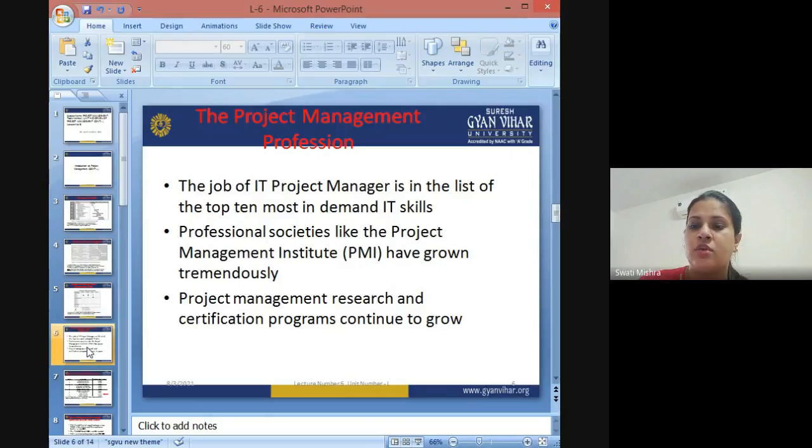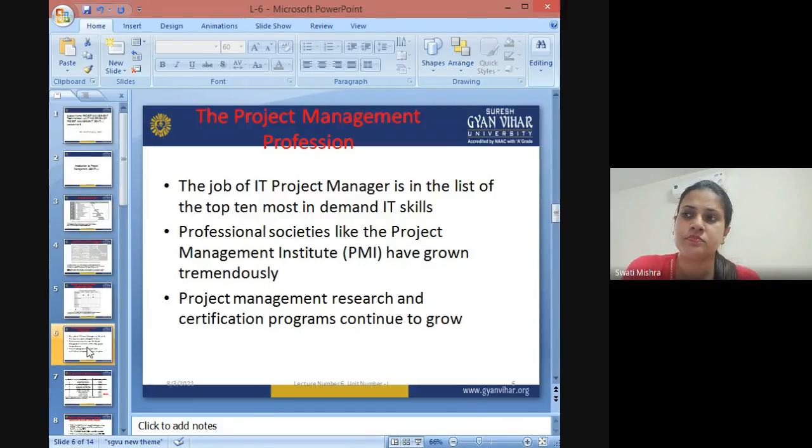Similarly, if we talk about project management research, that is also a very important area of research these days. A lot of researchers are doing multiple different types of research studies, especially in the area of project management. There are some research organizations also which conduct pilot studies and full-time research, for finding out, if an organization takes up any particular project, how successful that project is going to be in the future.